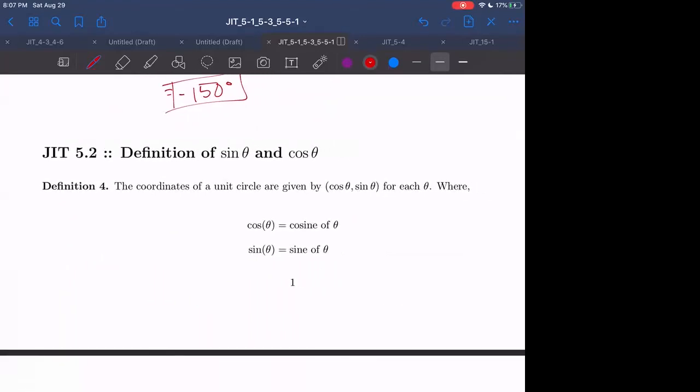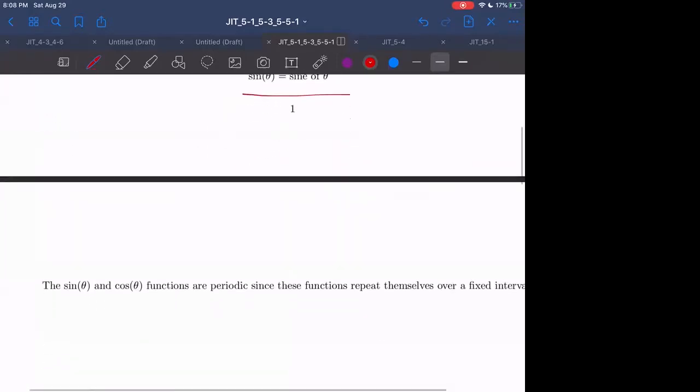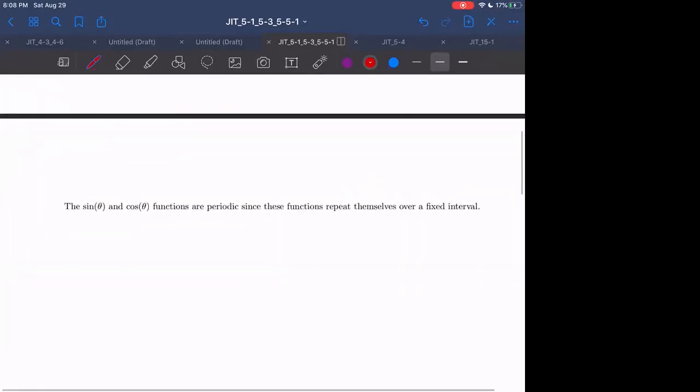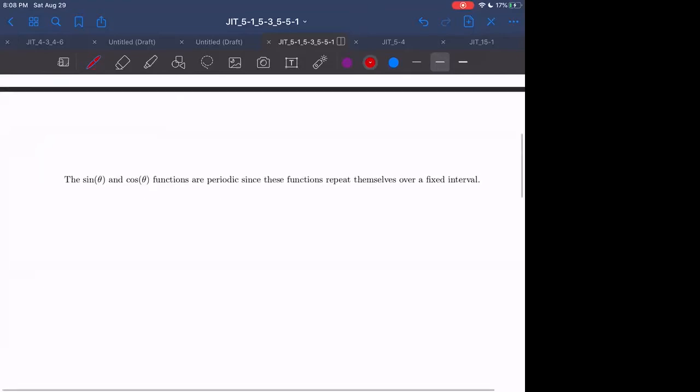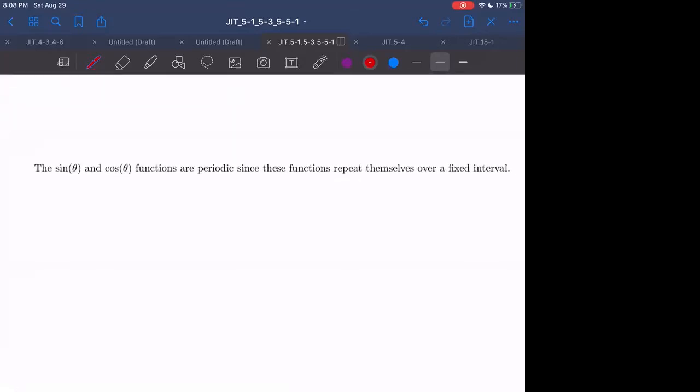Our unit circle, any coordinate on it can be given by sine and cosine, where cosine is our x value and sine is our y value, for each angle theta, where cos is the cosine of theta and sin is the sine of theta. These functions are periodic since they repeat themselves over a fixed interval. If I were to draw it out,